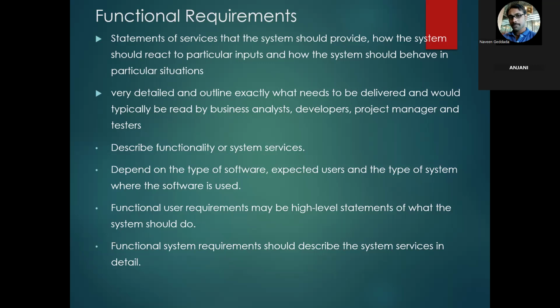When I say this, we can take a small example like an ATM transaction. Usually we do ATM transactions. So what is the use case in this particular